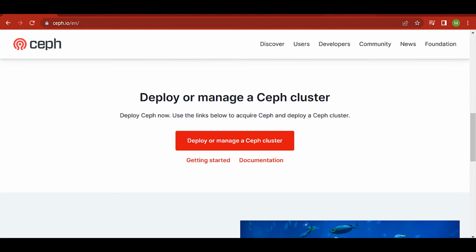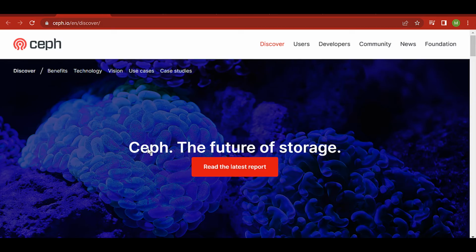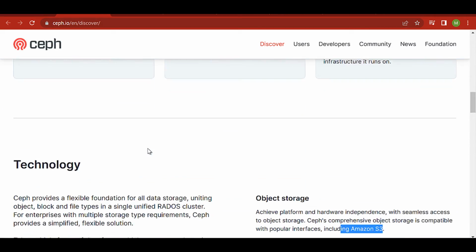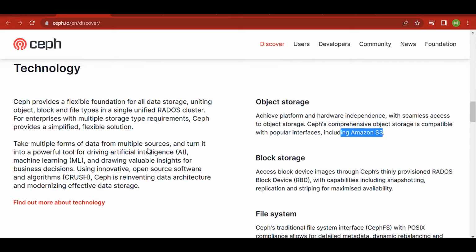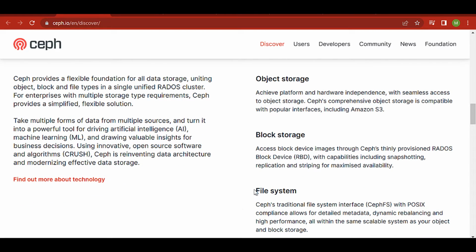Ceph has a lot of features and it's also complex. In this video, Ceph provides object storage, block storage and a file system. Block storage is provided by RBD, the file system is provided by CephFS, and object storage is S3 compatible object storage. In this video we are going to use the block storage and file system. In my future videos I'm going to cover object storage and how to use Java applications to connect to Ceph object storage using S3 APIs.